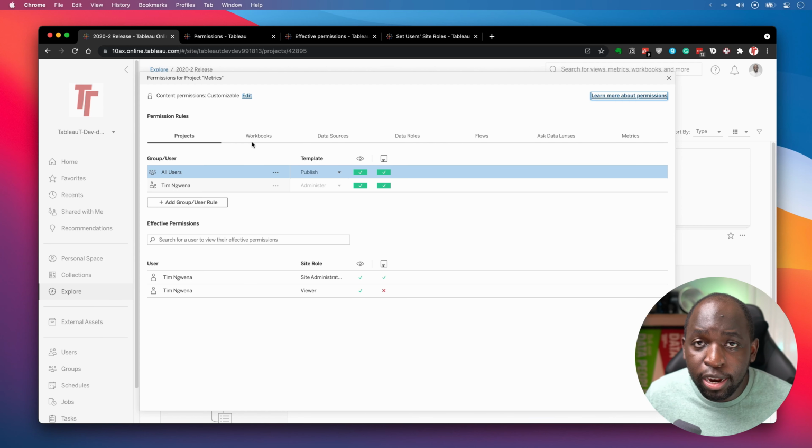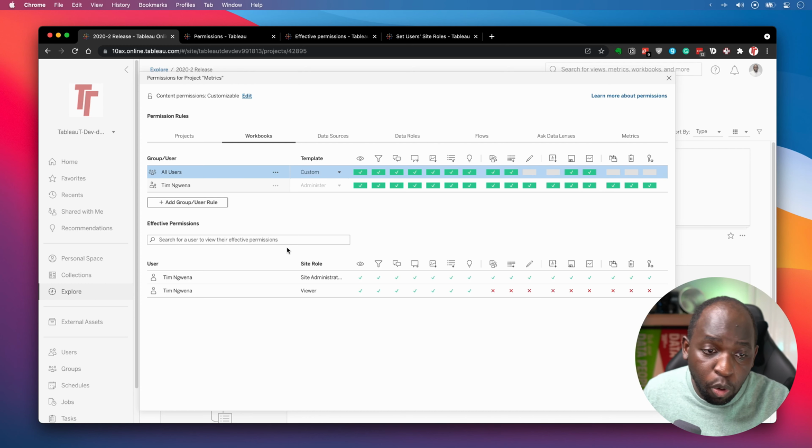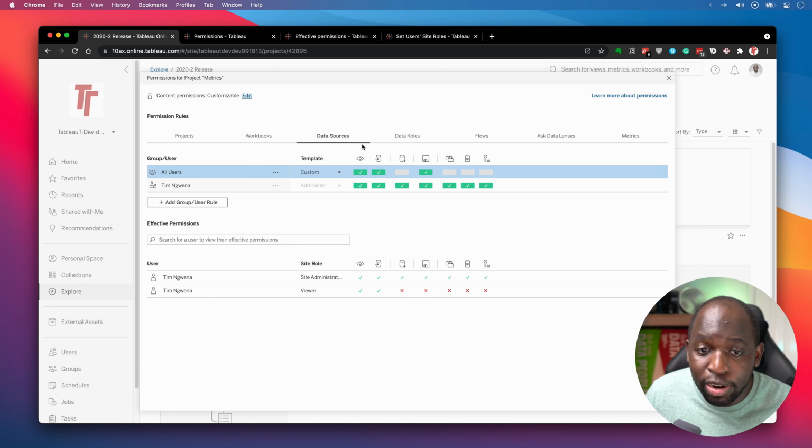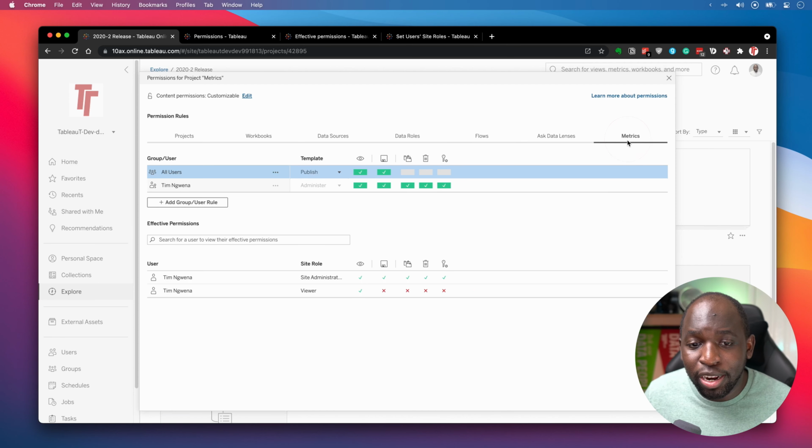And if I then go and click on, say, workbooks, you'll see that it changes and I get a few more of this sort of matrix in this grid. And then if I go to data sources, I get even less, but this time it's got different icons. And you get the idea, have roles, flows, lenses, and finally metrics, which is actually what I was trying to create. So these are different content types, and each of them has a different set of permissions that you can